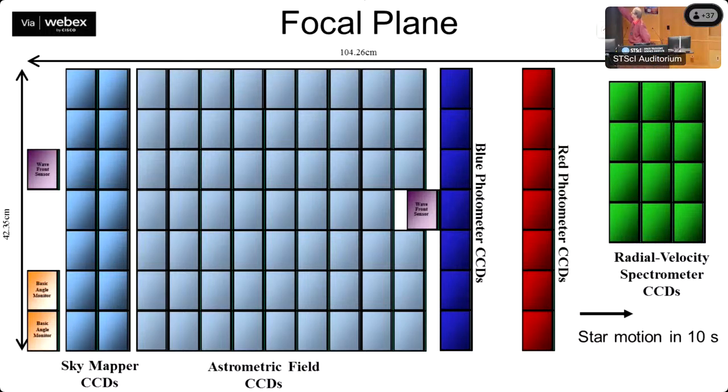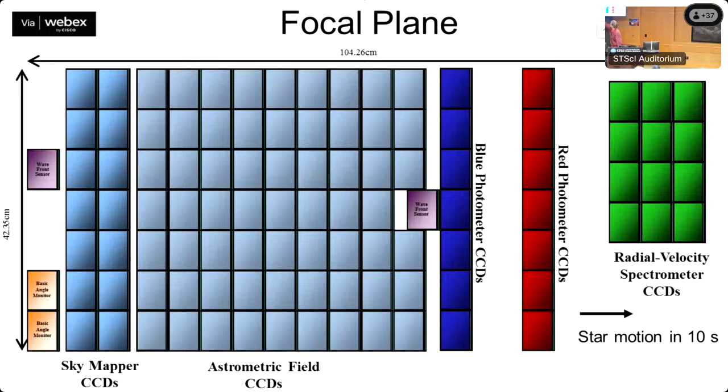But there are two important things. First, there is this sky mapper. These detectors are used to estimate the magnitude of a star, and depending on that, it sends a signal to the rest of the detectors, introducing, for example, electronic gates, meaning that bright stars and faint stars are detected in a different way. And this introduces electronic effects in the photometry that you have to account for.